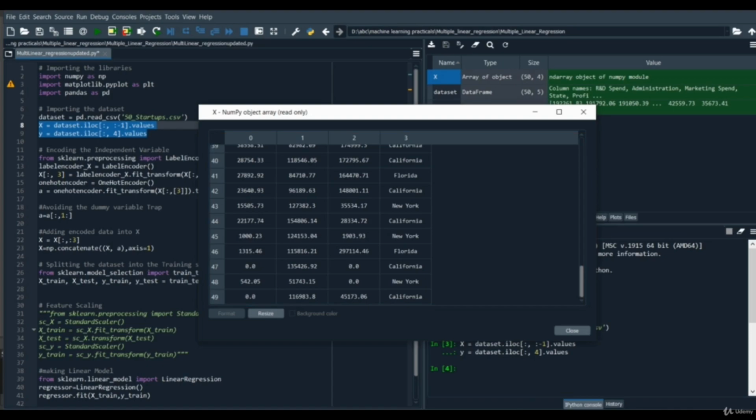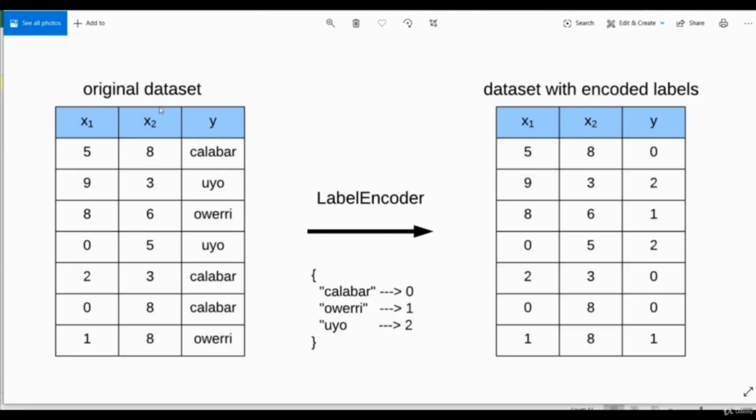So first let's try to understand this. Label encoder is going to convert the categorical values into their numeric representation. What it's going to do is first assign a numeric value to each categorical value. Here as you can see there are 3 categorical values: California, New York, Florida. Now it's going to assign a numeric value to all of these, such as 0, 1, 2, and then it's going to replace the values in the dataset by their numeric representation. Here it's California, so it's going to replace it with 0, and here it's Florida, and the value Florida is assigned is 2, so it's going to replace it with 2, and similarly New York it's going to replace with 1.